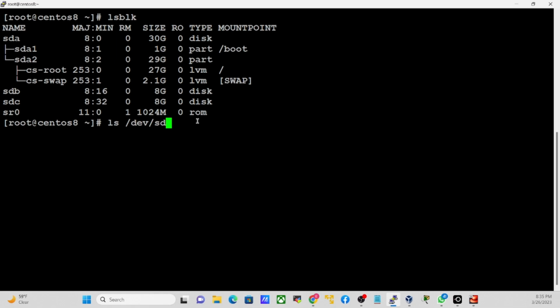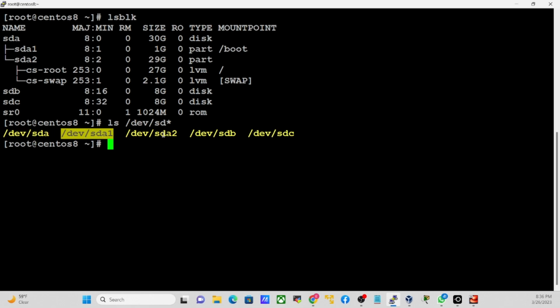So you can do sd star and press enter. Asterisk basically means anything that has the first 2 letters that are s and d, I want to list that. So whatever is in the 3rd position, I don't care, so long as it starts with sd. So these are the drives, these are the brand new ones that we added,